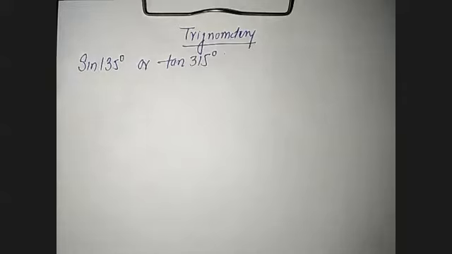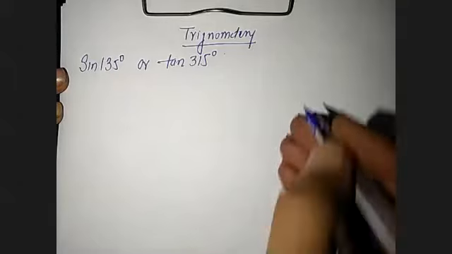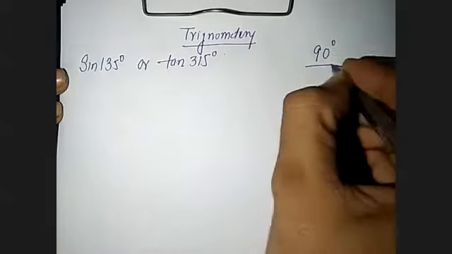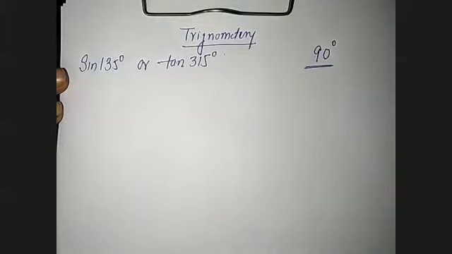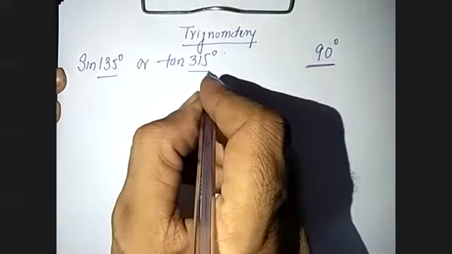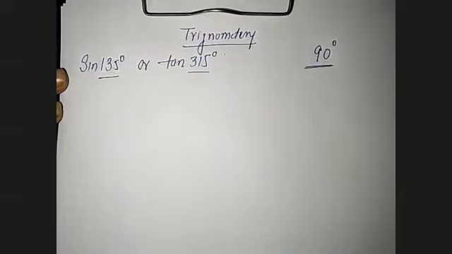In books, it is given simply that this is how the question is solved, but no book is able to give you the clear concept. Today we will give you the clear concept of how to solve questions of trigonometry whose theta, the angle value, is greater than 90 degree. Like here the angle is more than 90, here it is more than 300. How do we solve it?